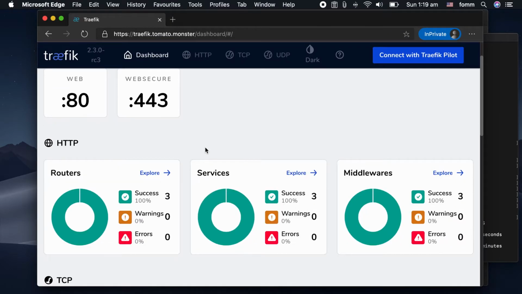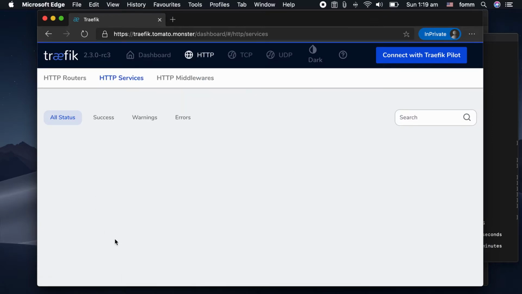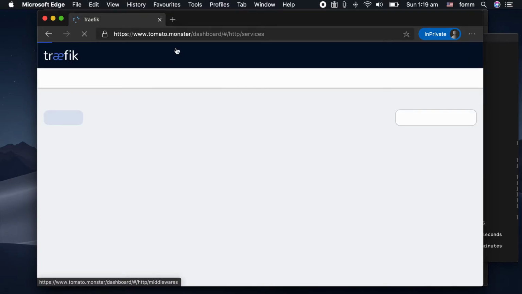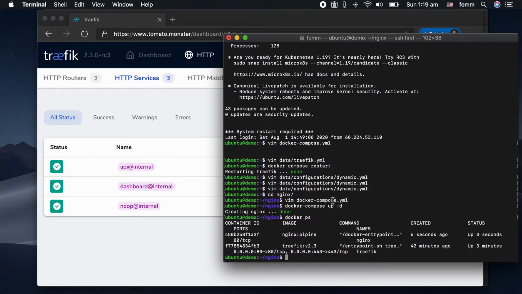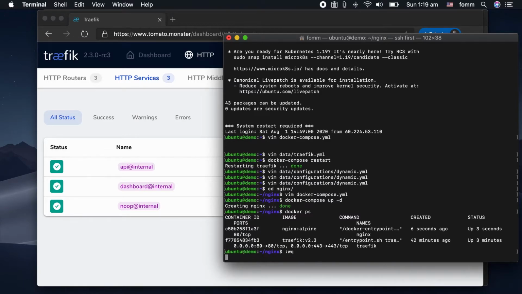But when we come back here, sorry, it should be www. I opened too many windows here. So you can see here, there is no service because we have not added this Nginx to Traefik yet. So let's go back to